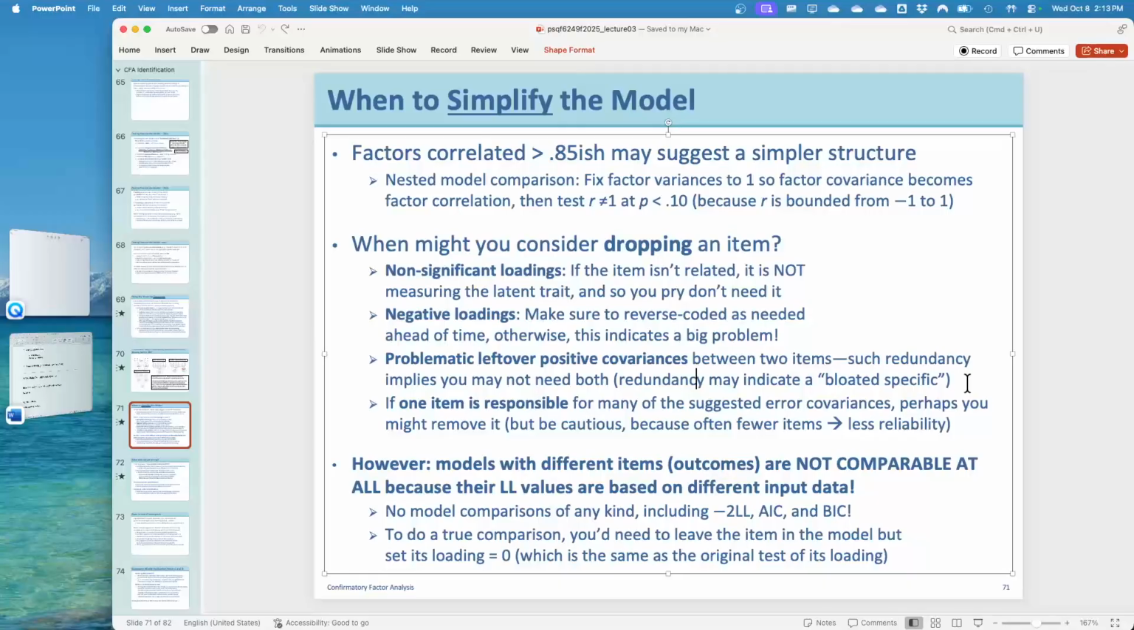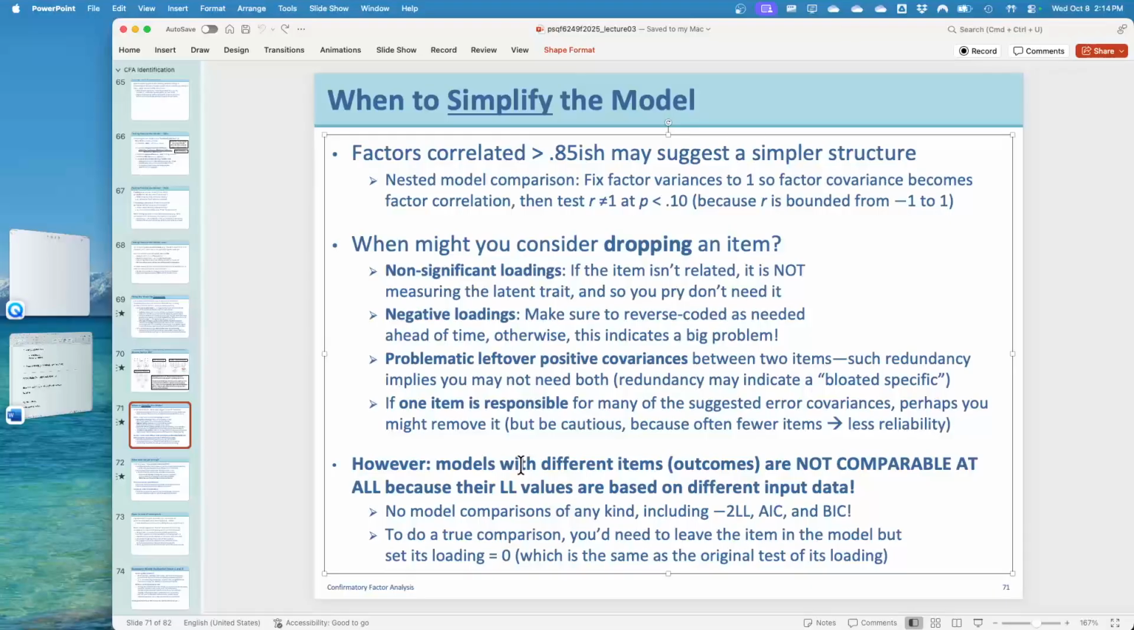You may not need both if you have a positive covariance between items. You may only need one. It's an indicator of two items doing the same thing, potentially, right? And what I tend to do is try to count up which items tend to have bad residual covariances and target those for removal. But here's the thing: when you drop an item and you want to look at how